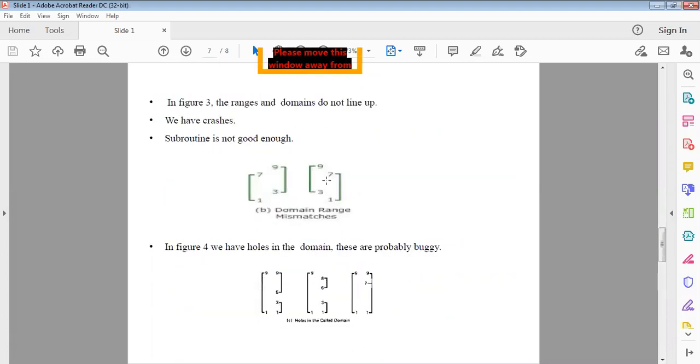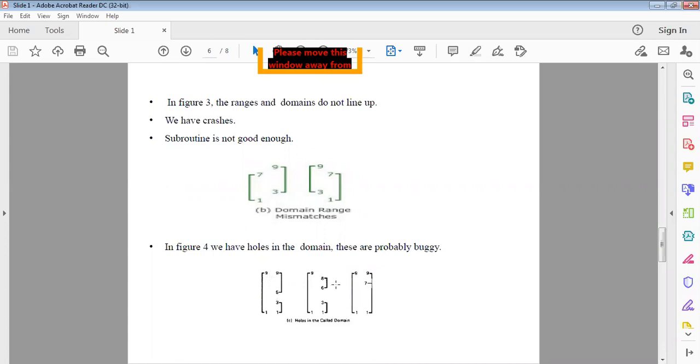And the next one is the fourth, which has holes in the domains. The first three do not have any breaks in the range. But the fourth incompatibility has holes. I have already explained that holes are nothing but gaps in the range. See here, the caller has the range 1 to 9, whereas the called has the range 1 to 3, then a gap at 4, and again 5 to 9. This is called the gap, or holes.